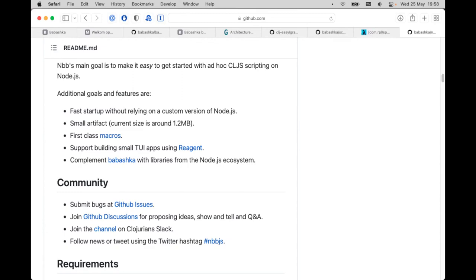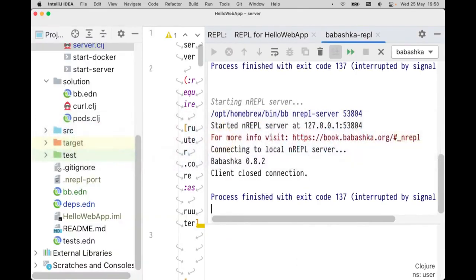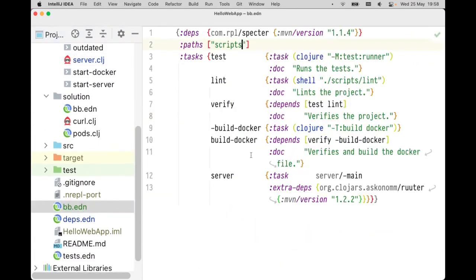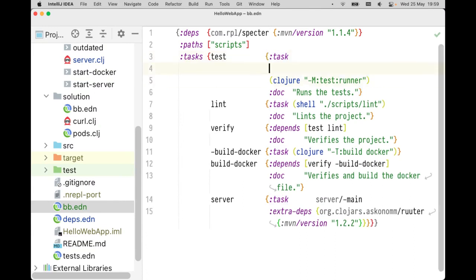Yeah. I have to say, that's a very good point that you bring, that it's an EDN file. It is really an EDN file. And so here you cannot use certain Clojure shortcuts, right? For instance, the function shortcut with the hash does not work here because the EDN reader does not read those forms. So here it is really a pure EDN file. And then I can show you an example of that. I could do something like a task that is a Clojure expression. So let's do